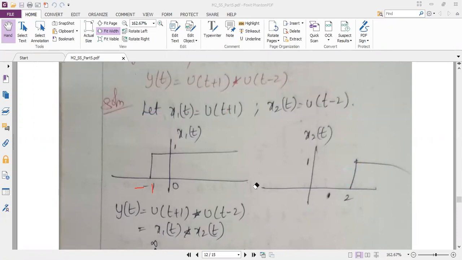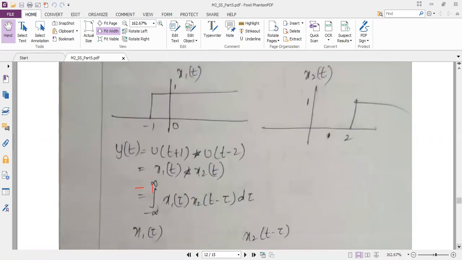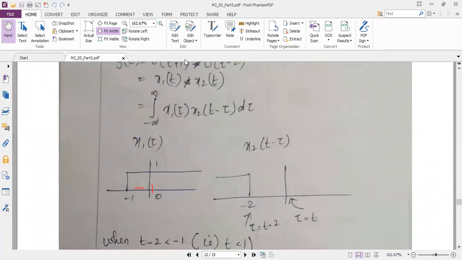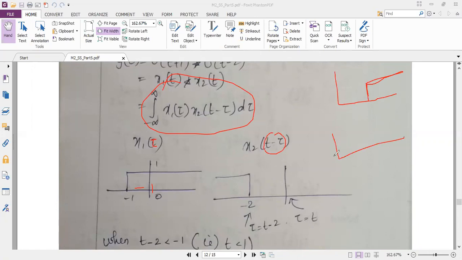So after drawing the graph, before we go for tau substitution, you should write the integration formula without fail. Because using this integration only, we are solving the problem. Okay? So this integration formula we have to write. So after the integration formula, for the first signal, we write with tau, and second signal, we write with t minus tau. You know how t minus tau has to be written. Because the second signal was like this, t minus tau means we know from where the graph should start and where it has to end, like this. Okay, so it is just a mirror image reflection.